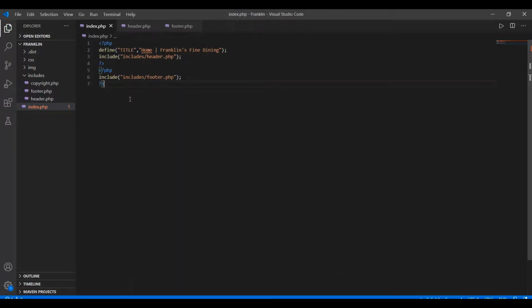I'm just going to add some more information to our page. I'm going to write the contents for my home page after the header.